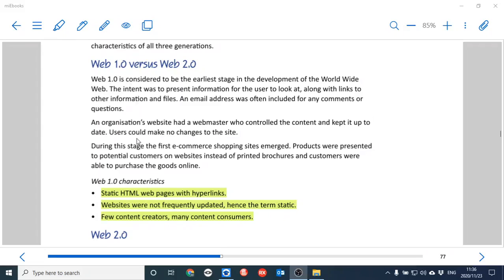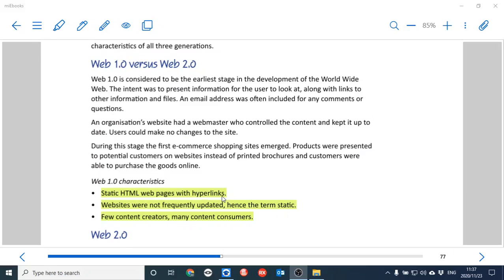So version 1.0, here we have static web pages with hyperlinks. Static means that it doesn't change. If you look at Facebook today, as you scroll down, it's changing. Somebody presses like, automatically on your screen, another like appears. It goes from 10 to 11. So that's dynamic. Static means once you've loaded that web page, that's how it is.